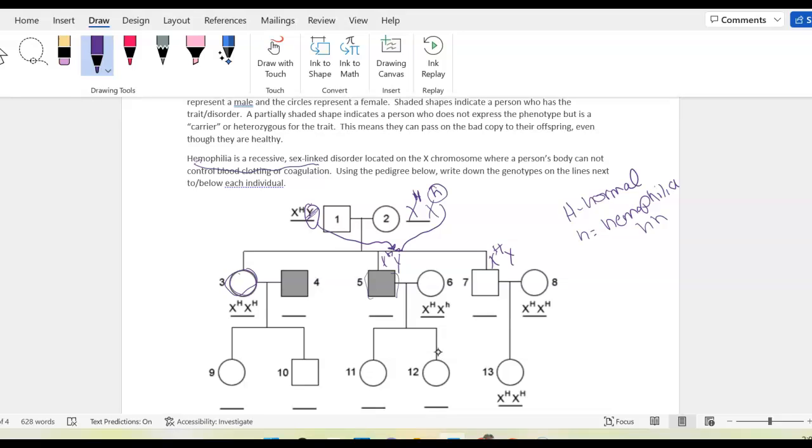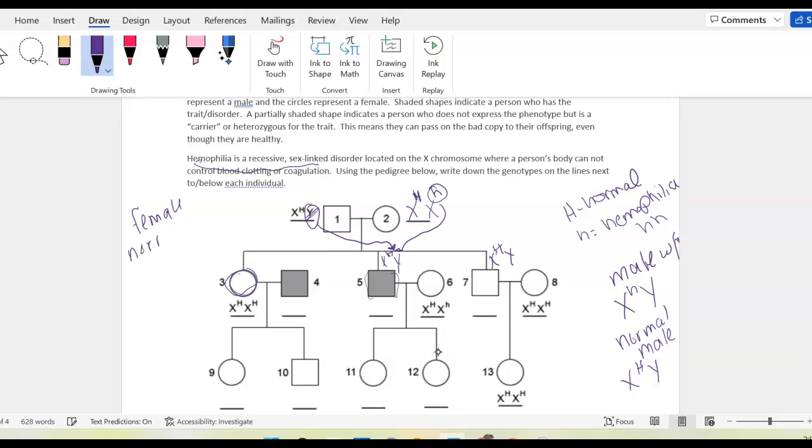So again, now go down here. We know that this is a male with hemophilia, right? So this would be X, little h, Y, right? So if you have a male with hemophilia, you would have X, little h, Y, okay? A normal male would be X, big H, Y, okay? And then females, if you put females over here,